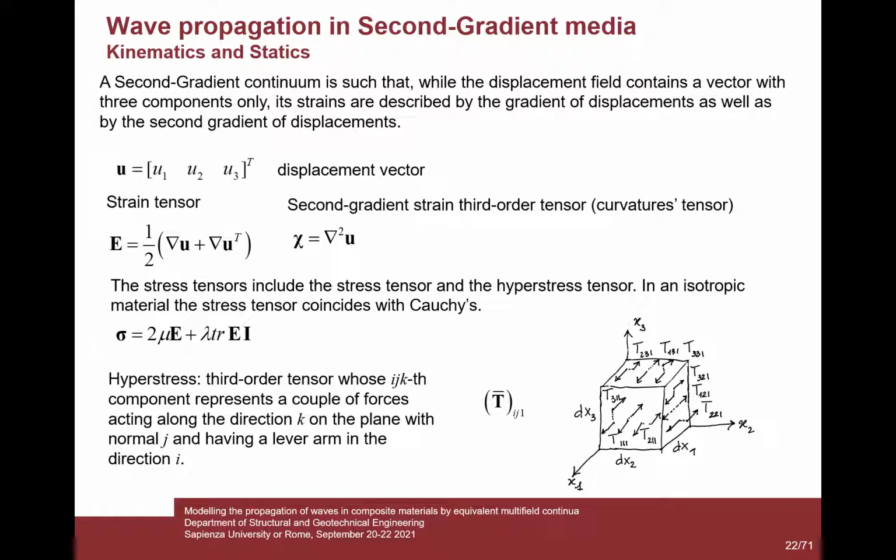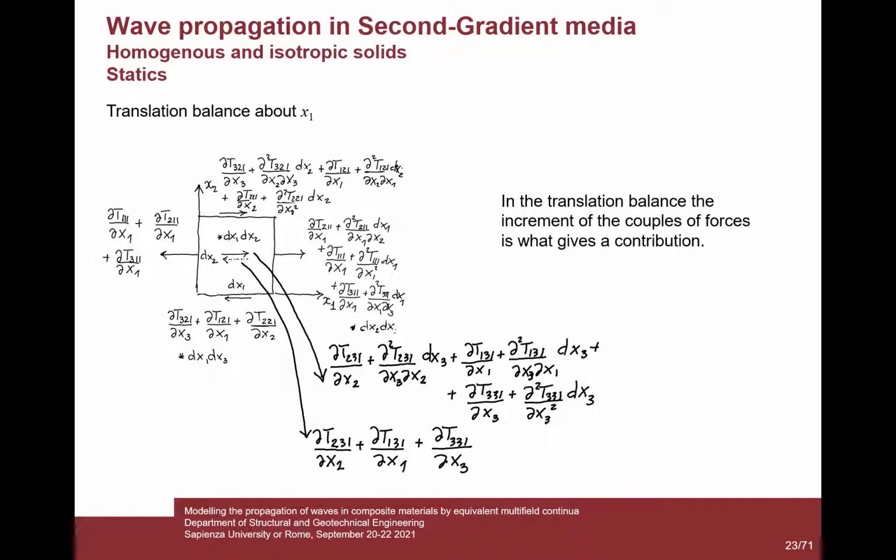Therefore, you have all the terms of the third order tensor, which are ij1. If you try to write down the equation of motion for the infinitesimal volume of a solid, for instance, just the translation balance about x sub 1, you can observe that in the translation balance, the increment of the couple of forces gives a contribution. The rotation balance gives us some symmetry relationships for the stress tensors, while